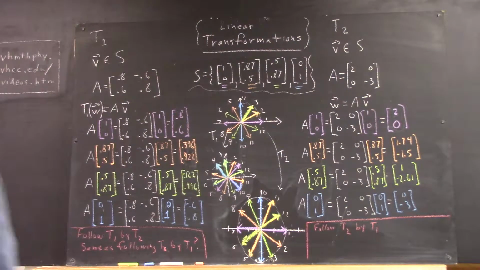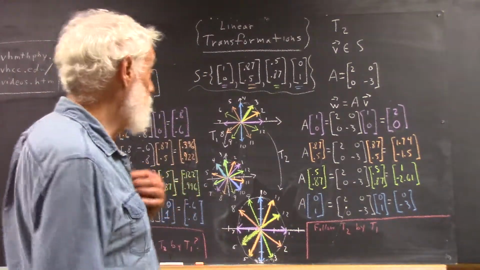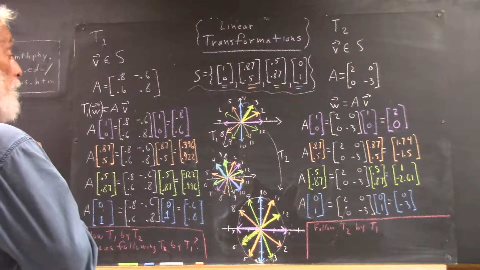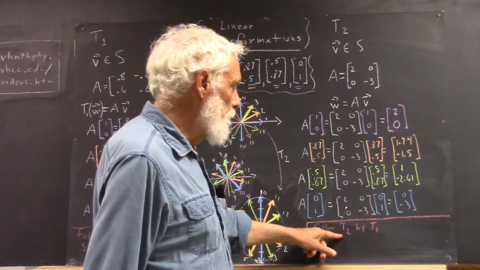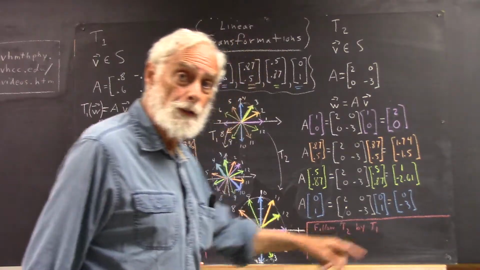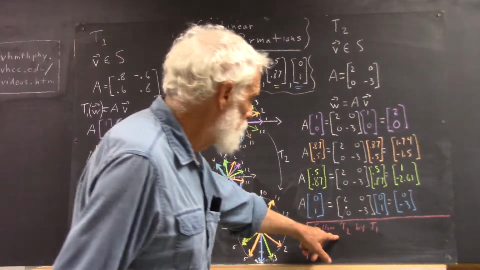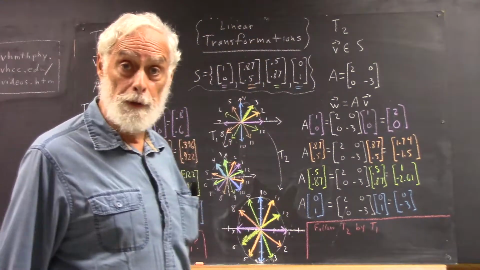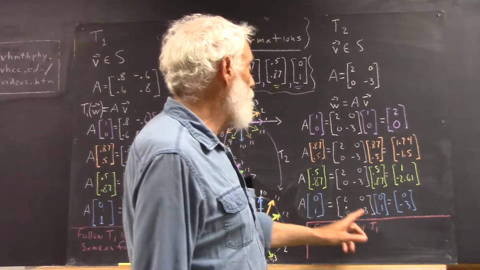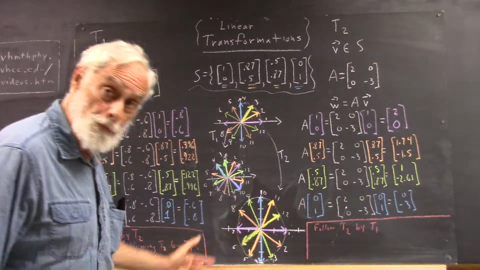Now transformations can be combined, and this is a very important aspect of linear algebra. And it's also, as are most things in linear algebra, pretty neat. What if we follow the transformation T2 by the transformation T1? Well, first of all, if we do T2, that would take this circle and map it to this ellipse, wouldn't it? And then if we follow that by T1, if we apply this transformation to these vectors, what's going to